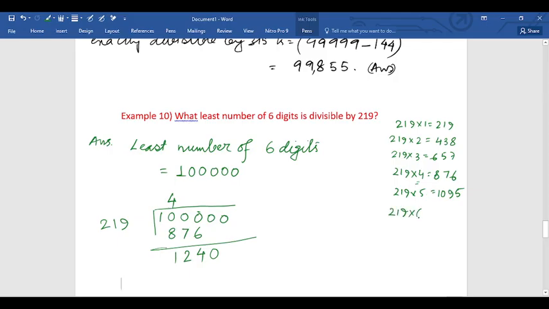219 into 6, but 1314 is greater than 1240, so we will go with 5. This is 1095, 5. This 0 is coming down. 1 4